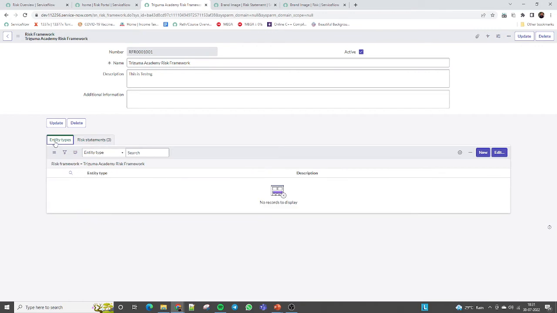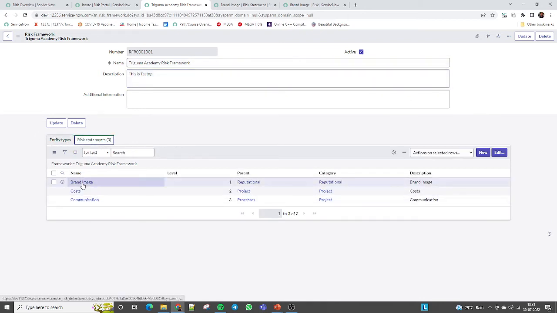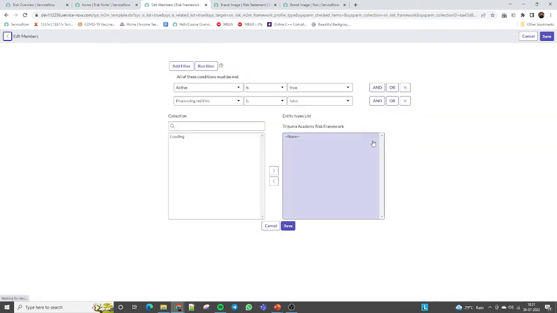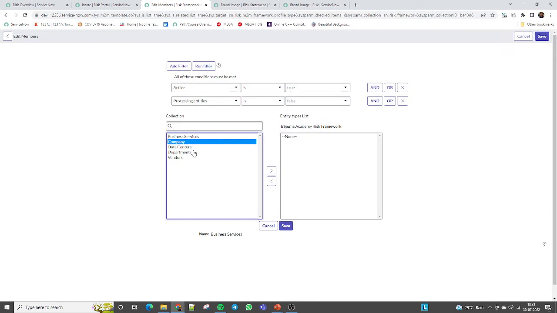Now I am going to come back again to the risk framework, the Triguma Academy risk framework we created. This is the active risk statement. We have defined brand image, cost, communication. Now I am assigning the entity. Let's see how many dummy entities we have. We have business services, company, data center, department, and vendor. Let's say I am